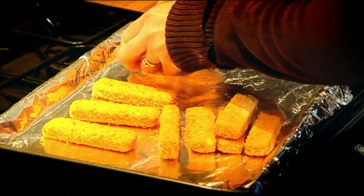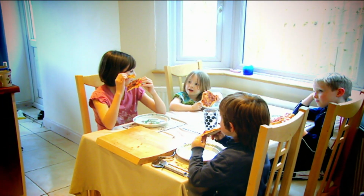Sometimes food's just the lowest priority of the day. It's just to get fuel in them and let's go. Well, at the moment, I feel that they're getting the wrong food because...